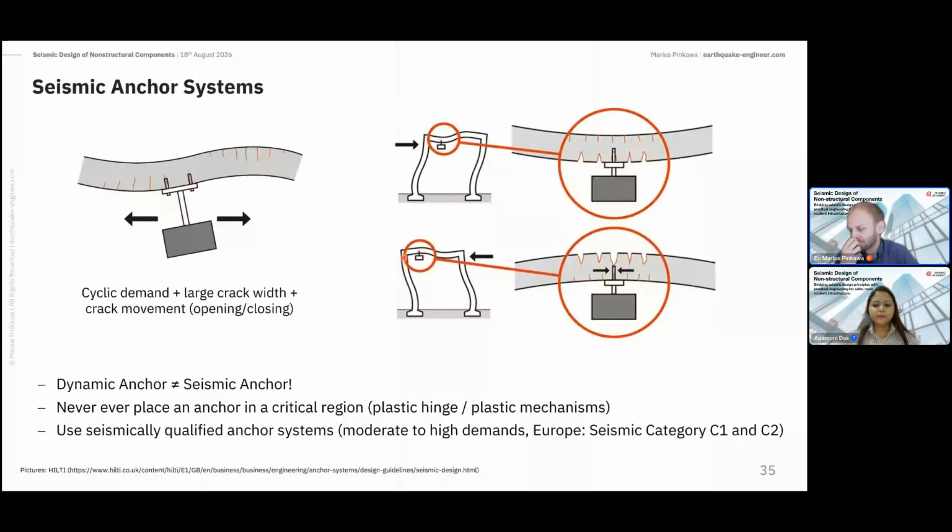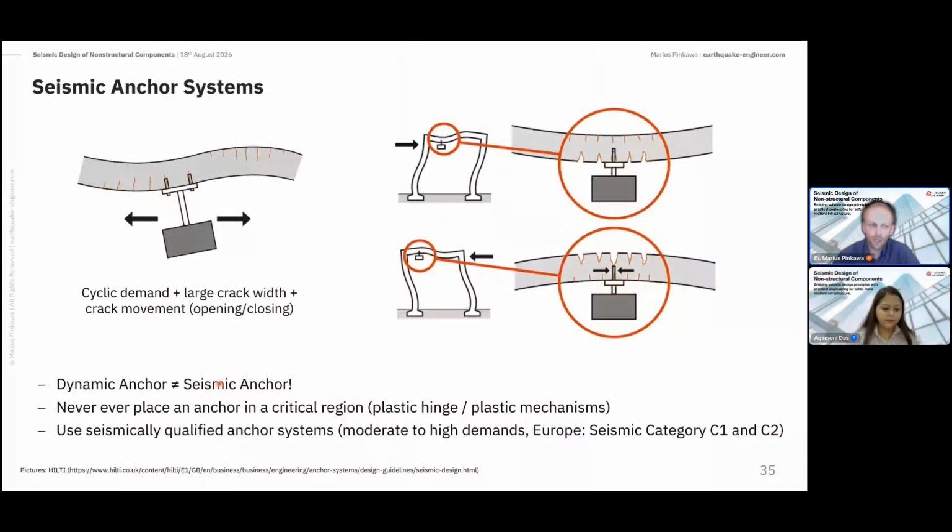And don't think that a dynamic anchor is already a seismic anchor, because a dynamic anchor is for high cycle fatigue. But for seismic, we talk about ultra low seismic fatigue. We have very few cycles, but very, very large cycles. And never ever place an anchor in a critical region where plastic mechanisms develop, and also use pre-qualified anchor systems